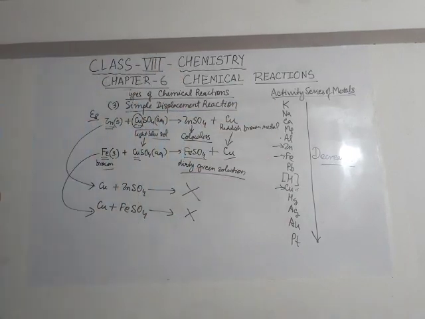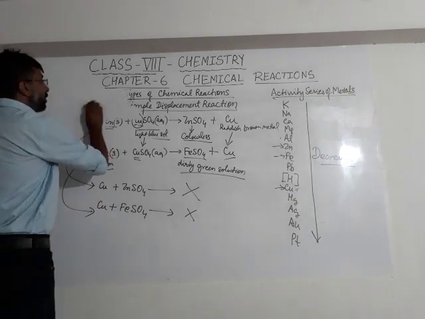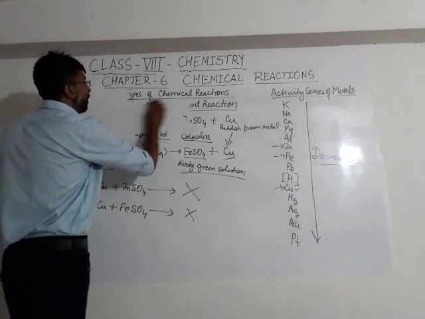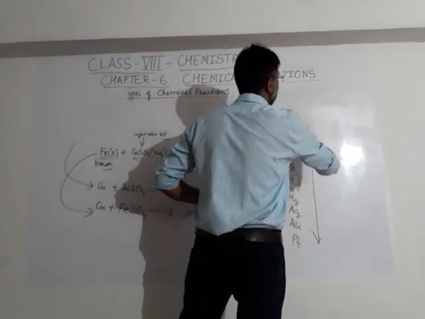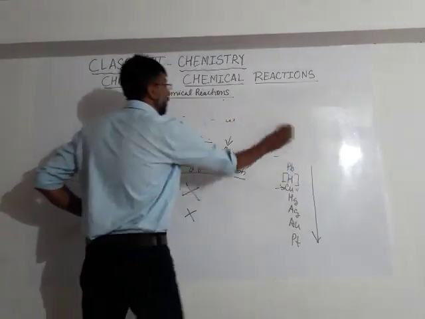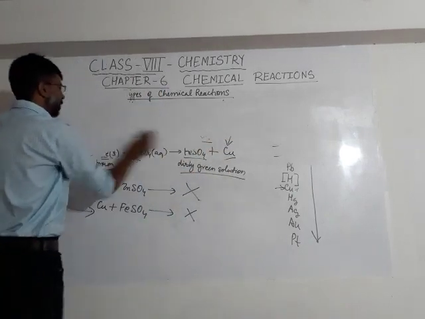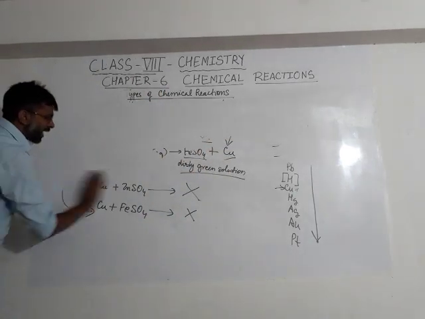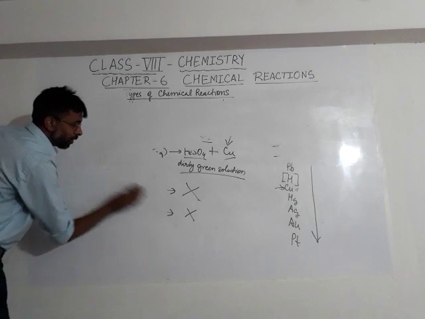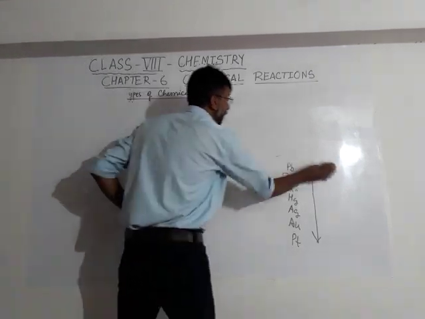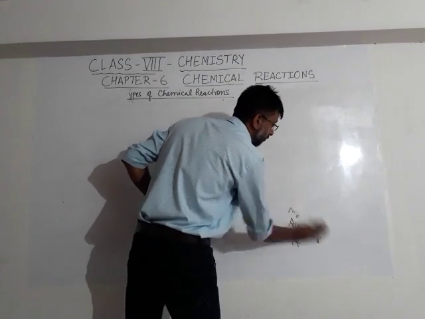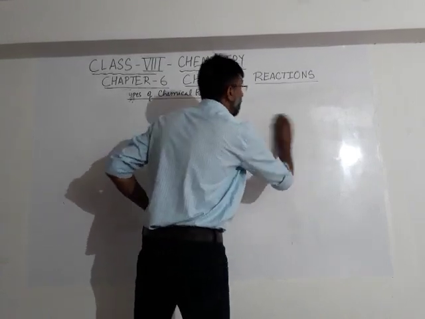Now, let me move ahead to the next type of chemical reaction, that is number 4, which is called double decomposition reaction or double displacement reaction. In double decomposition reaction, you will find that when the reaction proceeds and the products are formed, the products contain the partners which have been exchanged from the reactants. Let me explain that nicely and briefly over here.